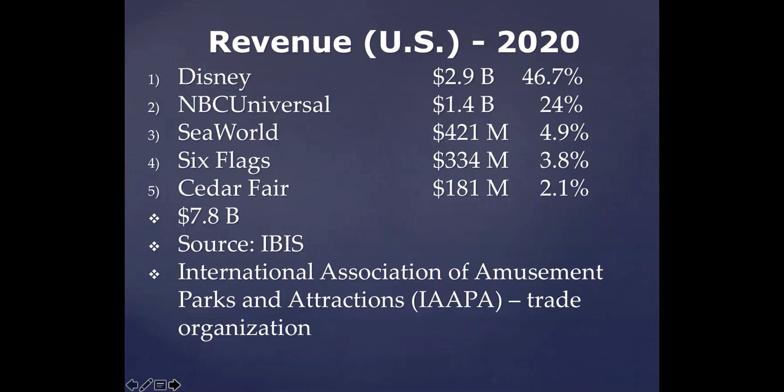It's still an oligopoly, but you can clearly see here, because of the parks being closed, at least in California, and restricted limitations when it comes to attendance, that it really hurt the bottom line of most of these large amusement park chains or theme park chains. And so anyways, that concludes my lecture on